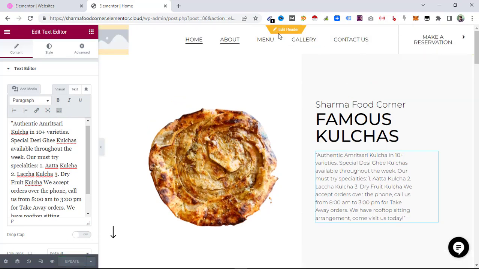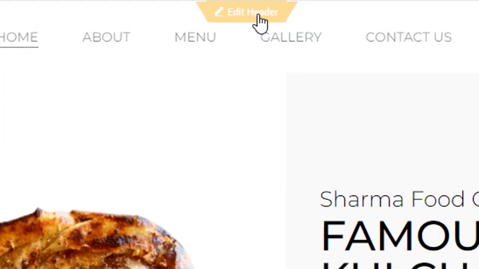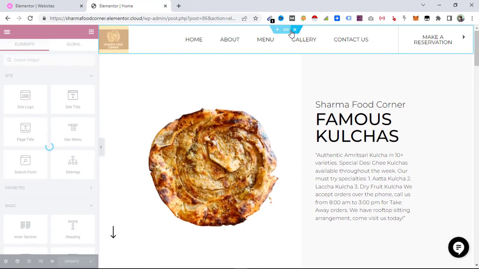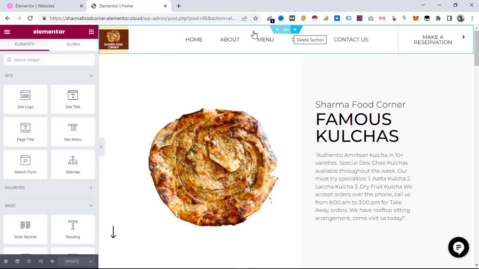Now I need to get rid of some of the things from the header. I don't want these things to appear in the header, so let's click on edit header, and here you can see our logo is appearing. Here you can see it has its own pencil icon. Click on it,